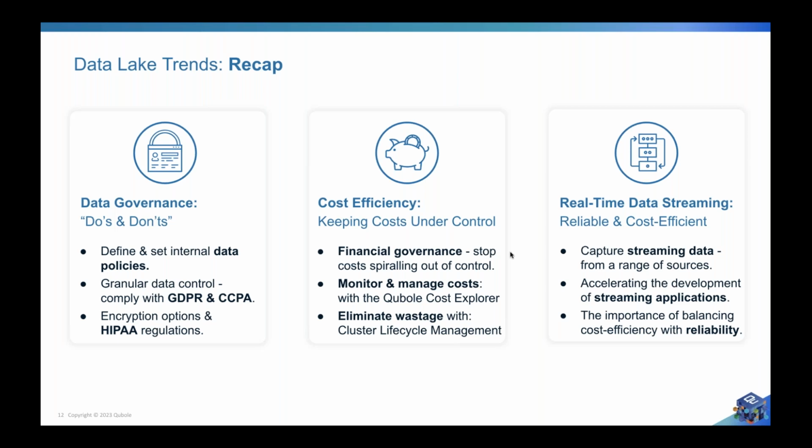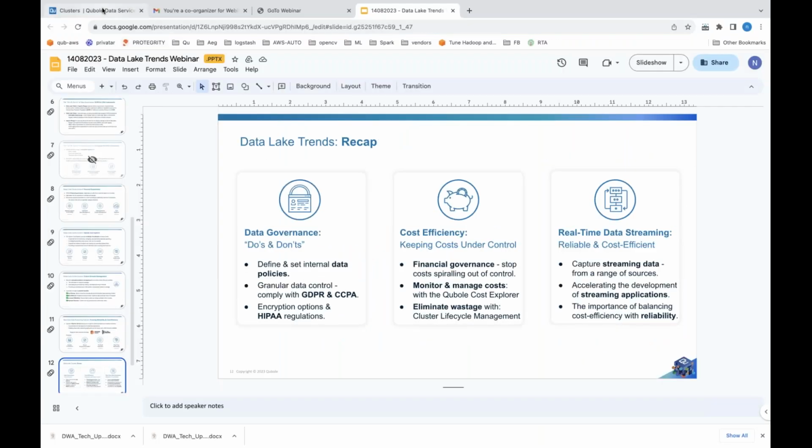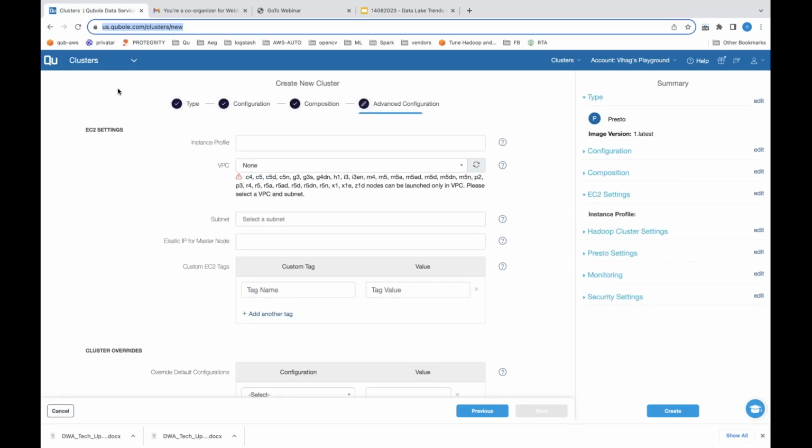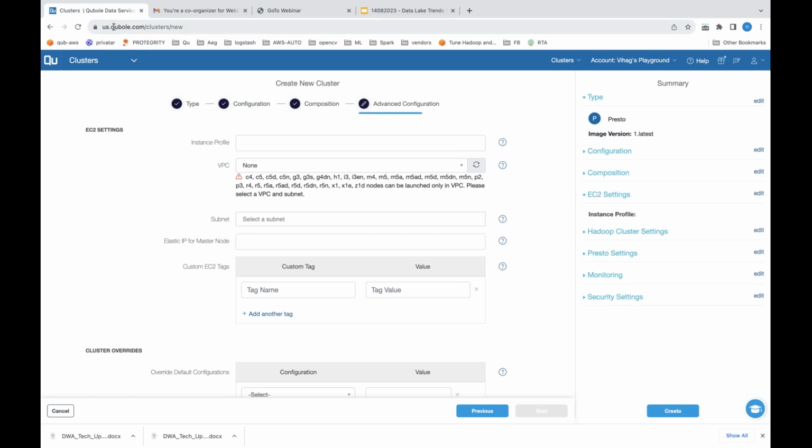So let me jump onto the platform. I'm logged in on the us.cobol.com here. We have different platforms: US, in.cobol.com, eu.cobol.com. The reason being, from a data privacy perspective, we have to make sure that we have different platforms. On top of that, as I was talking about, the data stays in your region, so that makes sure that your data doesn't leave